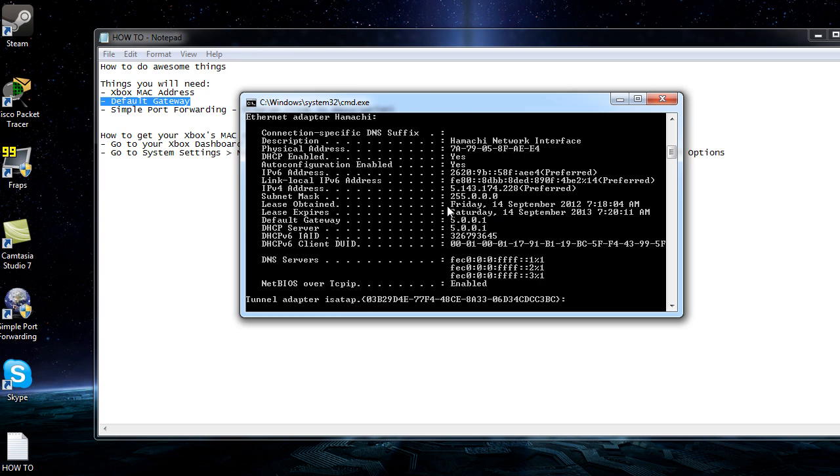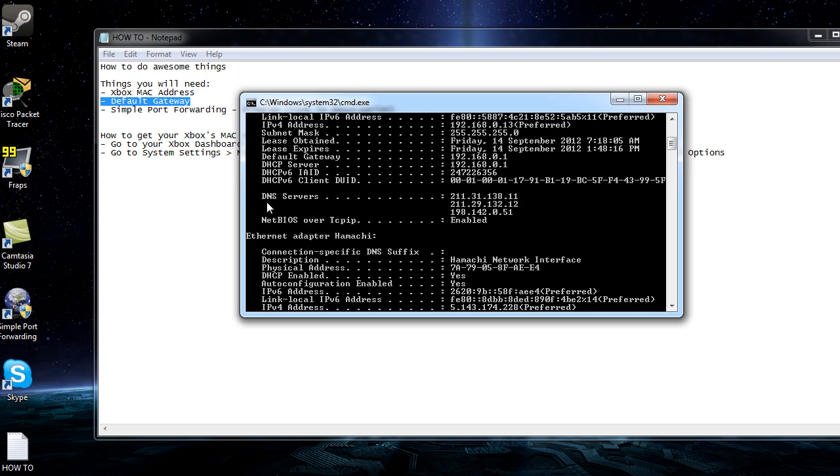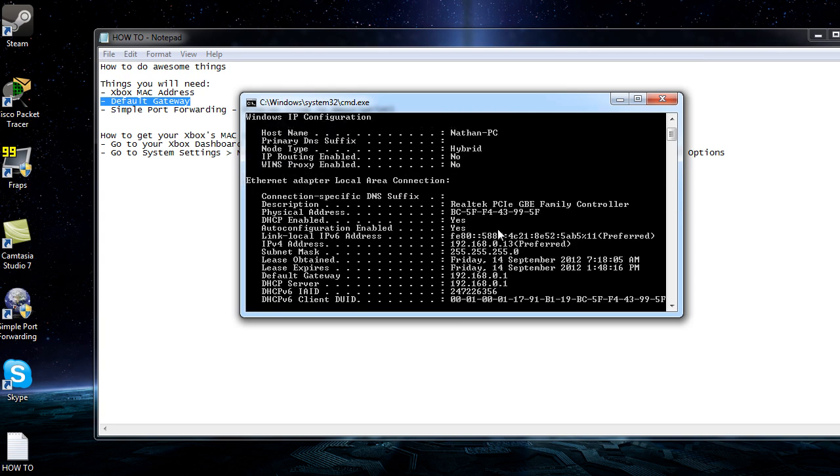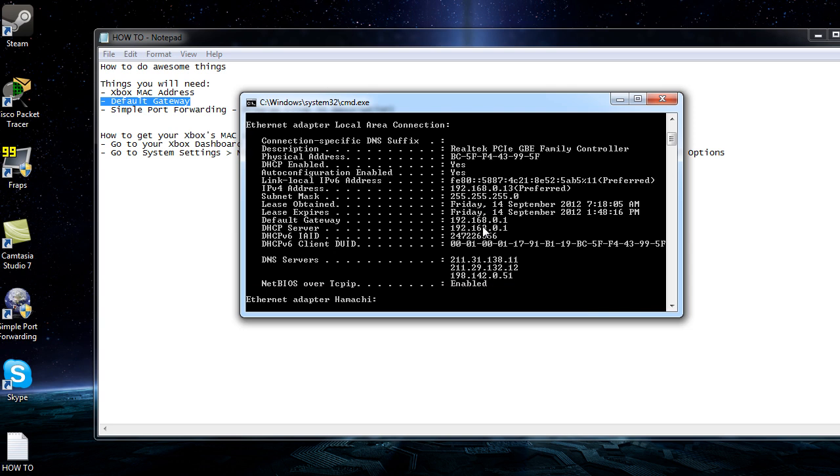The reason I put -all on the end is because it shows your DNS servers, and you're going to need these as well as your default gateway. So note these down, whatever they are for you. That's your primary and that's secondary. You're going to need this when you set up your Xbox. And your default gateway also, you're going to have to write that down or just remember it. So mine in this instance is